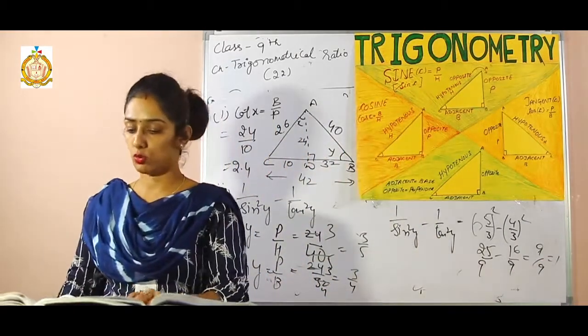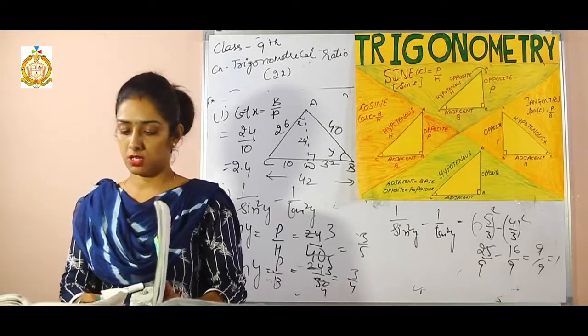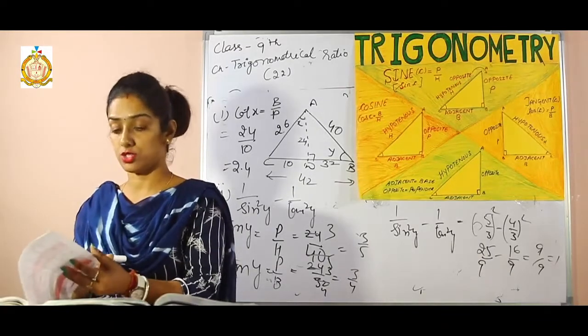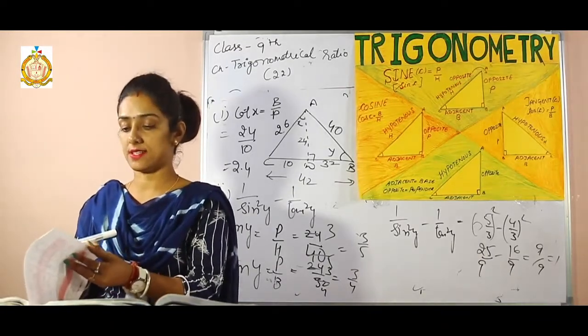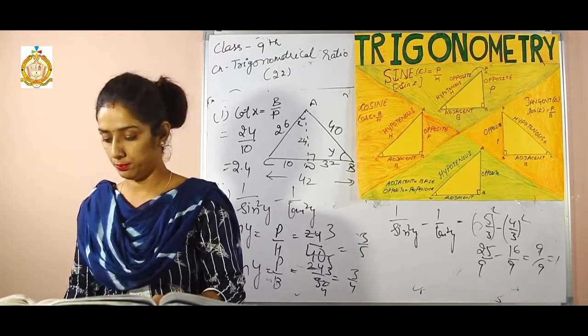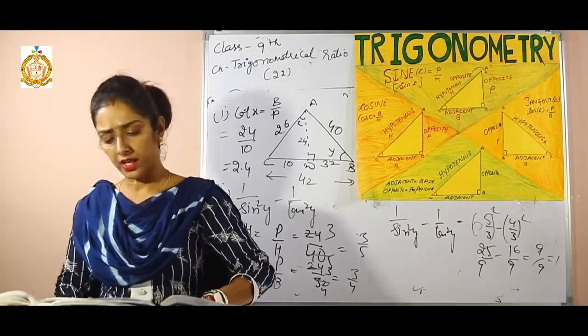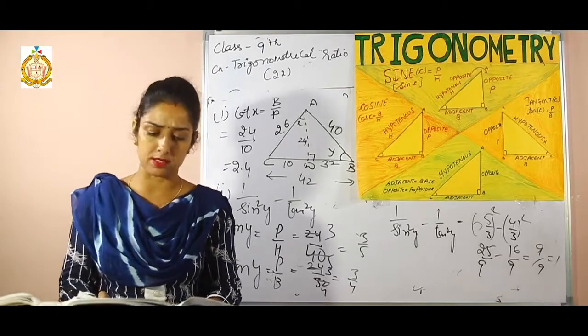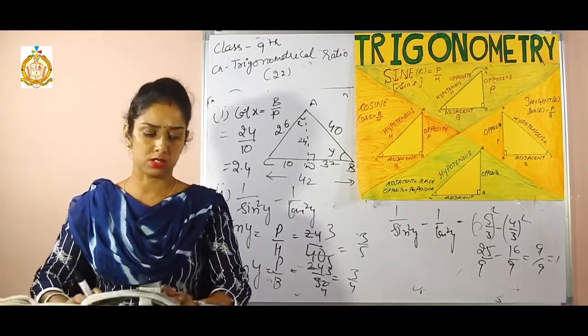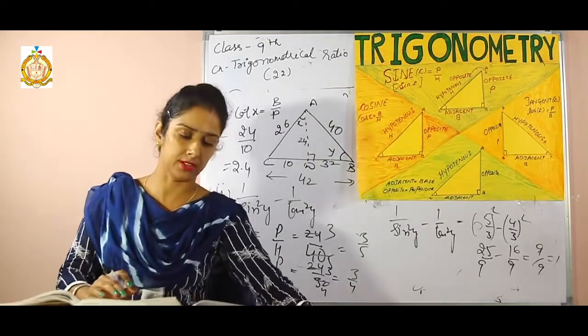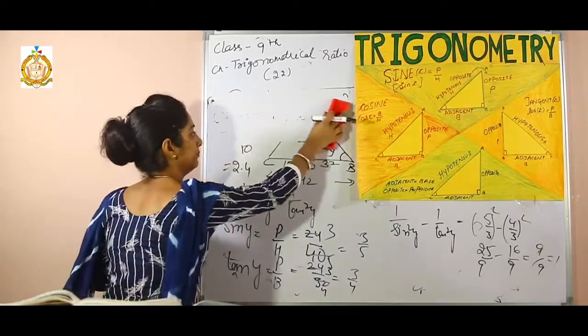With this, your one exercise is complete. Try to solve all the questions on a notebook. Now come on a second exercise, that is 22b. Here also again the same concepts, just sums are a little bit different. So I will explain there.